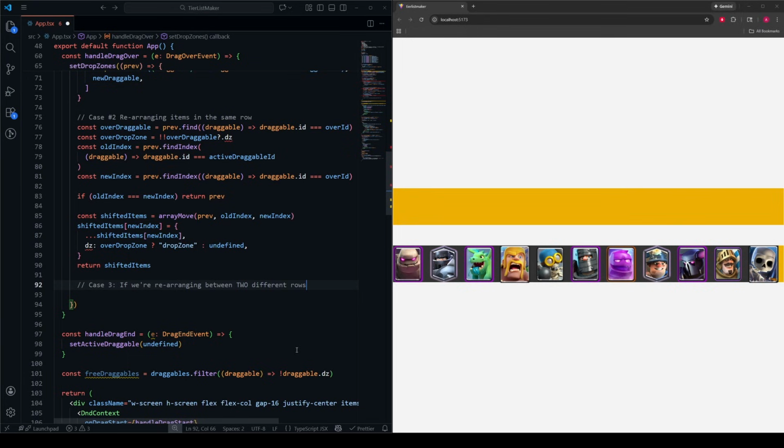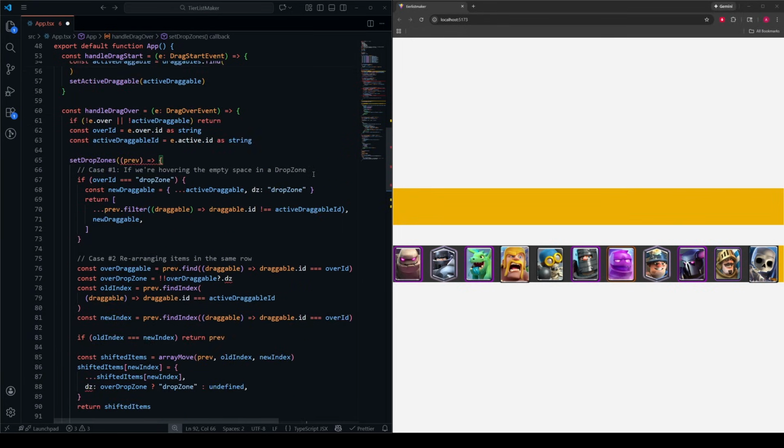So now we're splitting this into 3 defined cases. Case 1, we're hovering the empty space. What that means is if I take a draggable like this and I hover it in the empty space here, so anywhere in the yellow area, that's going to be case 1. Case 2 is if we're rearranging items that are already in the same row. So if I take Mega Knight here and I want to swap it with Barbarian and I do this,